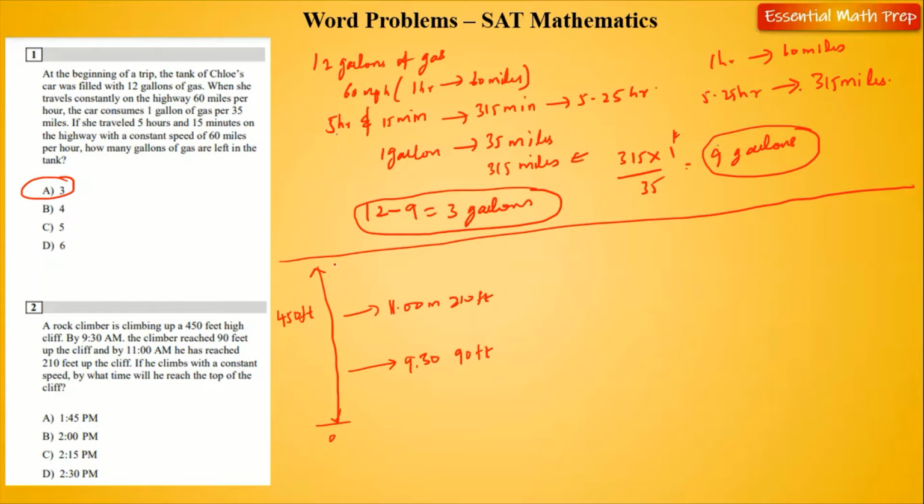That is, what time would be the final time? Like 9:30 a.m., 11 a.m., what time would he finish? Of course, they're all in the a.m. to p.m. range, so he's finishing in the p.m. slot. So how do we go about it? First, we have to determine the rate, which is the same as slope. That means you have to subtract 210 minus 90, and 11 minus